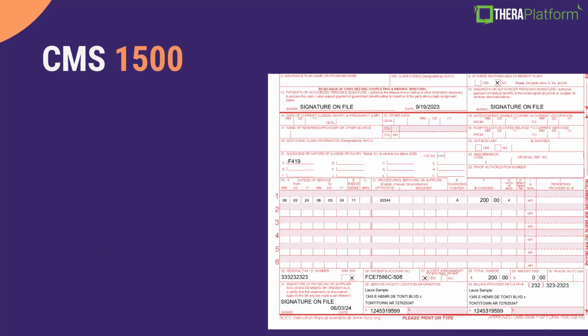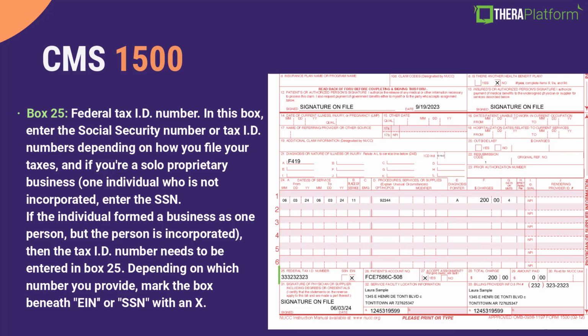Box 25 is where you enter federal tax ID number, and you can enter social security number here or tax ID number depending on how you file your taxes. So if you are a solo proprietary business, one individual who's not incorporated, you would enter your social security number.